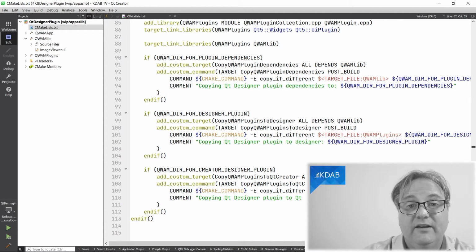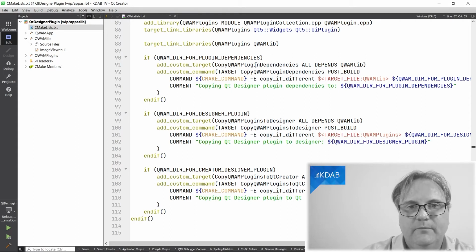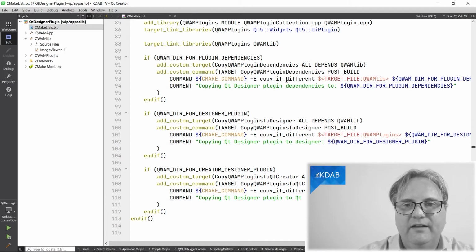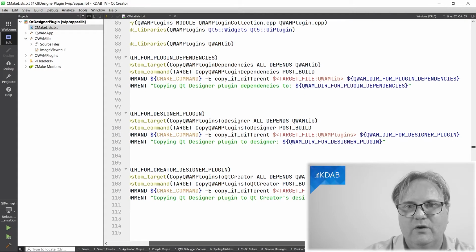What I say is that I create a new custom target called copy QAM plugin dependencies. And what this one does is that it simply runs a copy command of whatever my QAM lib, so that's the library that I have, copy that to this directory for QAMDir for plugin dependencies.